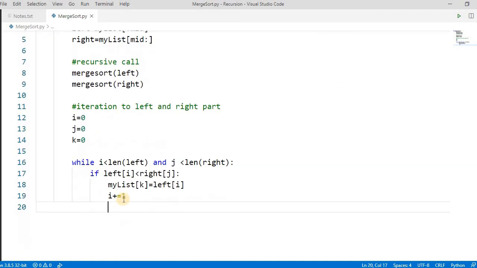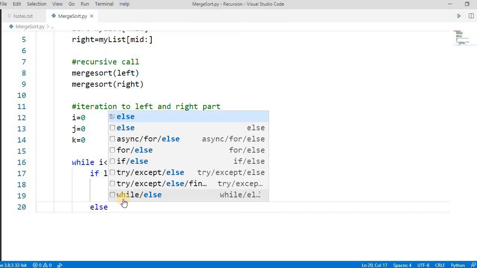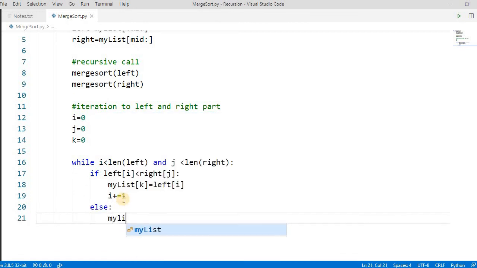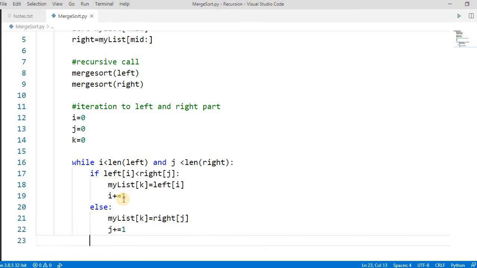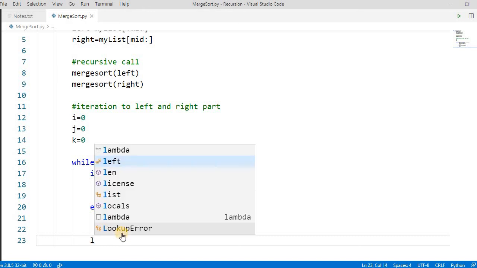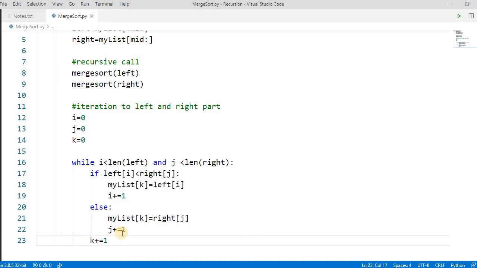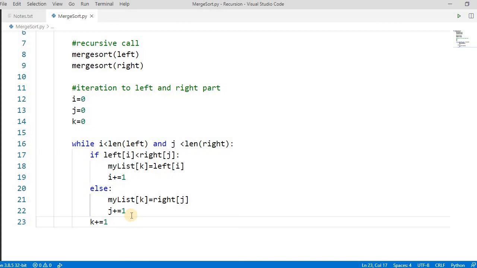Else, my_list[k] gets right[j], and we increase j by 1. We also have to increase k, because by default, if we do not increase it, it will stay at the 0 point and we are not able to add anything. So k plus equal to 1. Now we have iterated through all these parts.